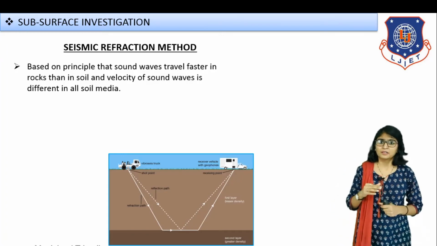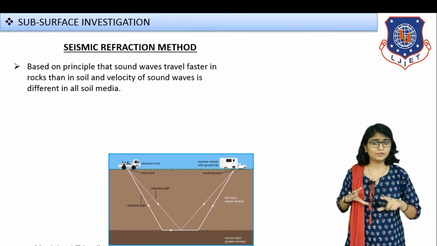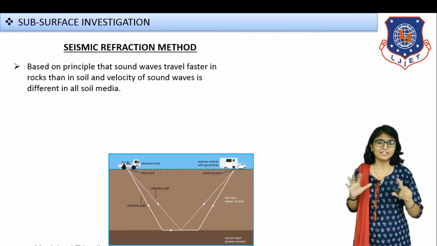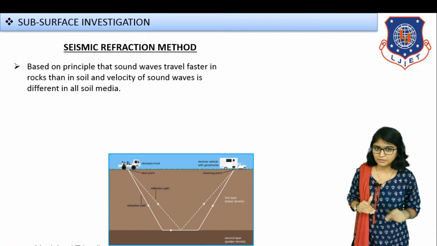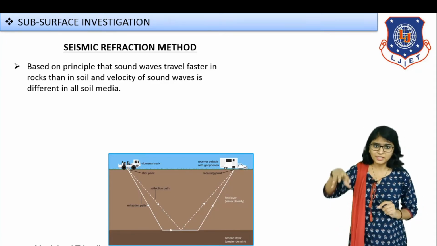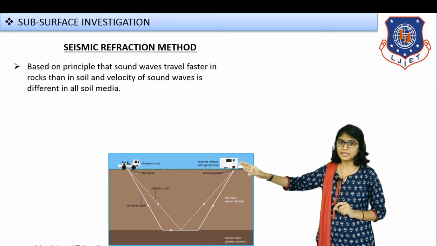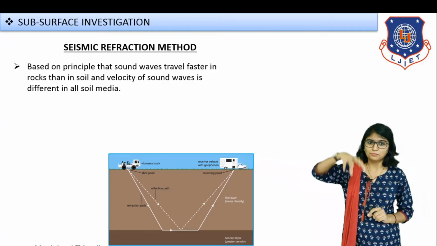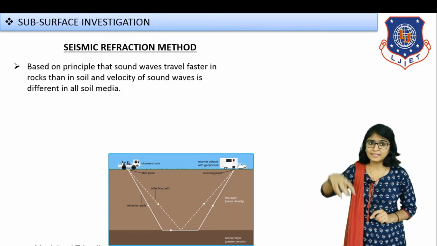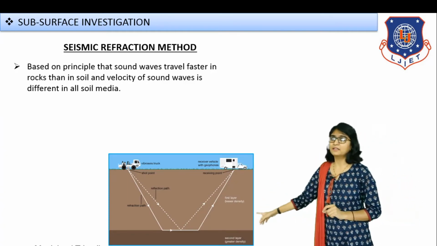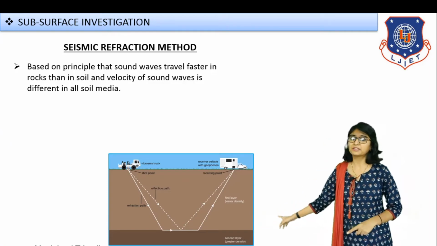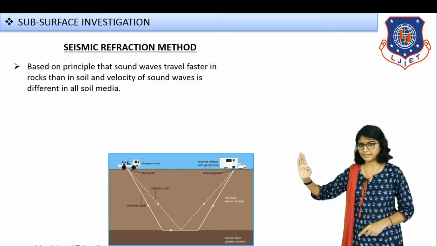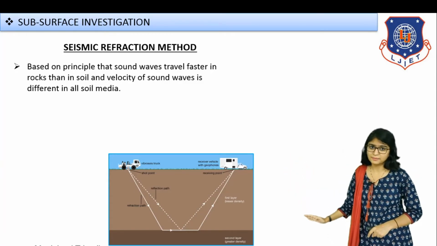So what we shall do is, first of all let me say that we have a very large area. A large area is to be covered for the investigation. So what you will do is, at a certain place, you can see in the image on the left side, some kind of waves are produced and sent into the ground. Now when they strike the hard strata, there will be certain rays which shall be directly reflected, and there shall be rays which shall be refracted.